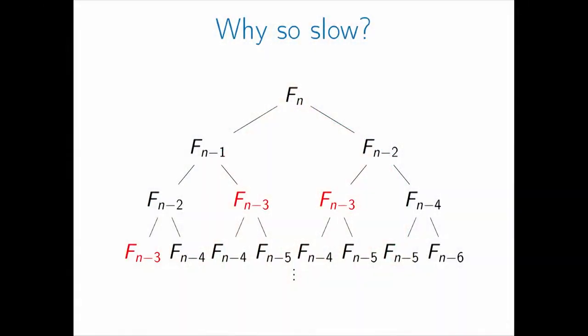Now, if you look at this tree a little bit closer, it looks like we're doing something a little bit silly. We're computing F(n-3) separate times in this tree. And the way that our algorithm works, every time we're asked to compute it, since it's a new recursive call, we compute the whole thing from scratch. We recompute F(n-4) and F(n-5) and then add them together and get our answer. And it's this sort of computing the same thing over and over again that's really slowing us down.